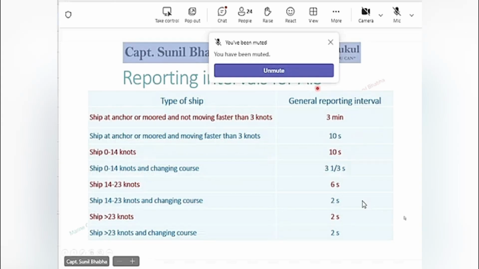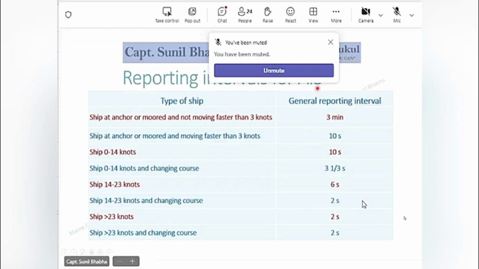The ship actually may be at some other location, at some other heading, doing some other course and speed, whereas your AIS may give you the data which is already outdated. So that could lead to a near miss or a dangerous scenario if the data which you are getting from the AIS is not up to date.